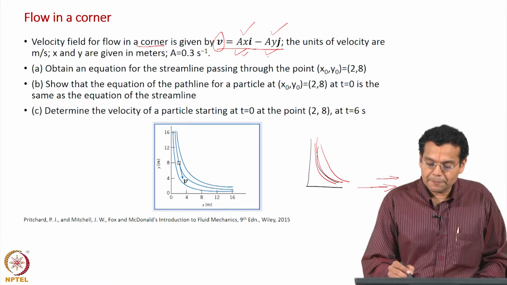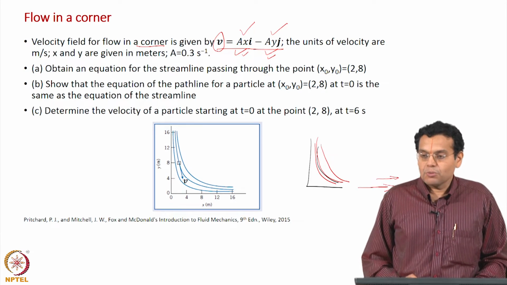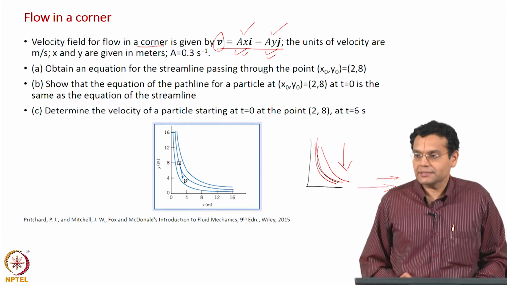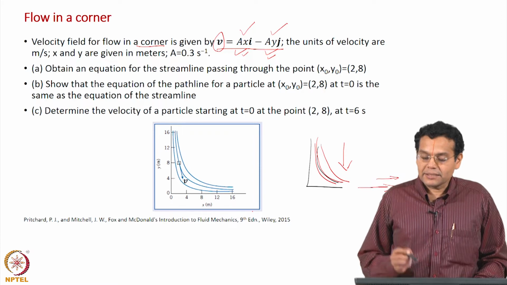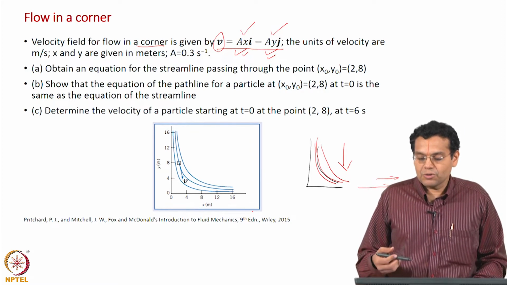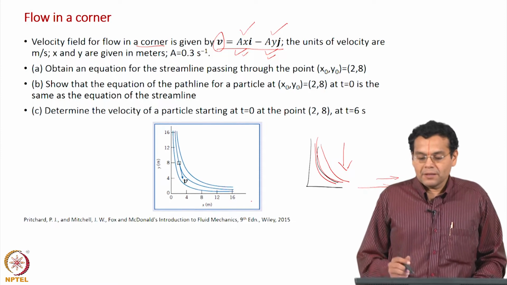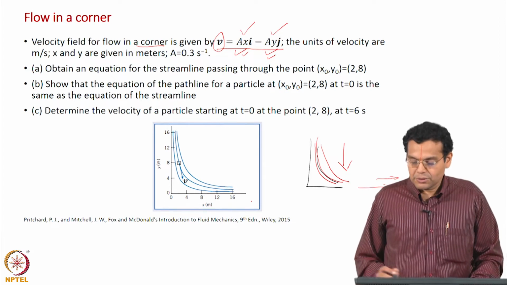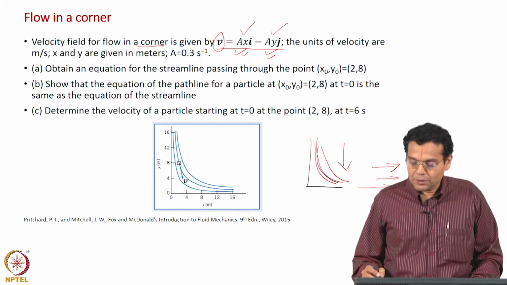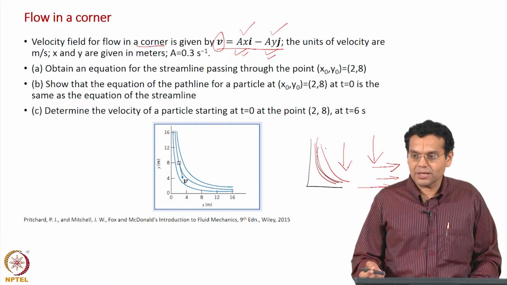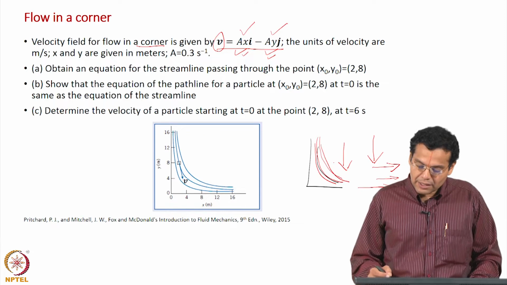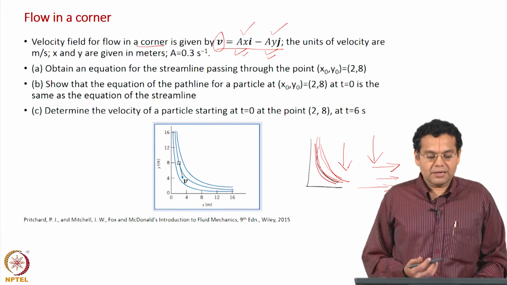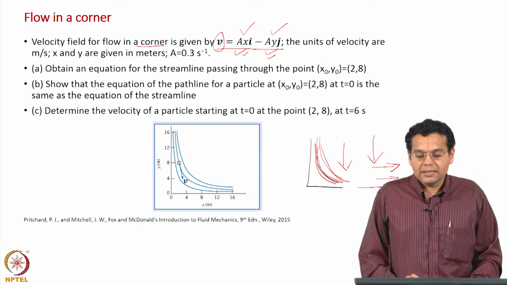Now, what about the y component? First of all, it is in the negative y direction, it is minus a y, and its magnitude increases as y increases. So the x component is directed in this direction, and the y component is directed in this direction. That can also be easily visualized because we have a flow in this way. The units of velocity are meters per second, x and y are in meters, and a, the constant, is given